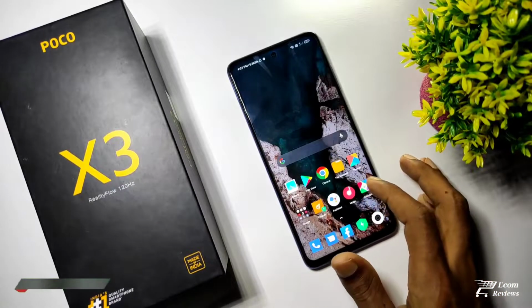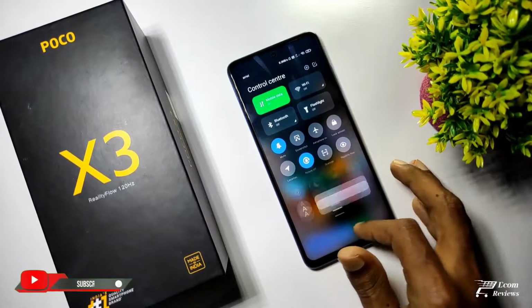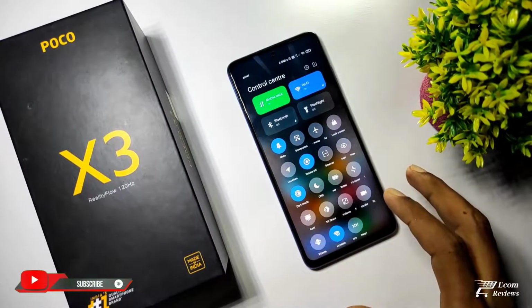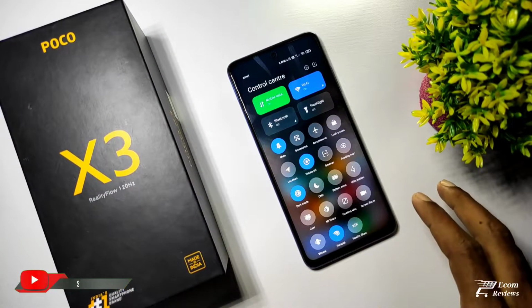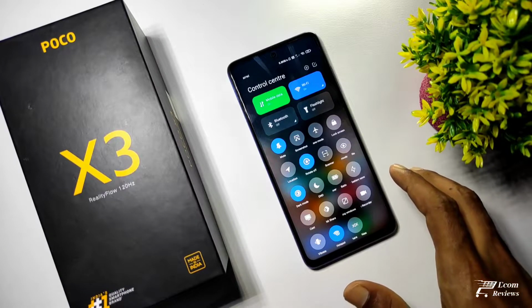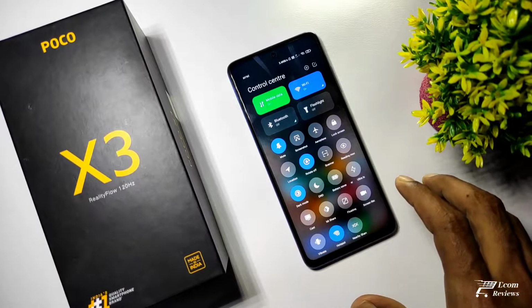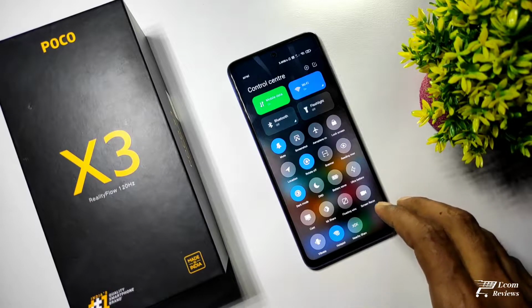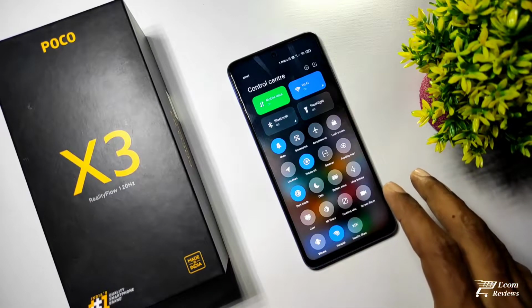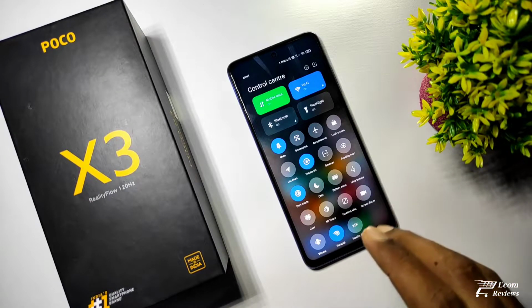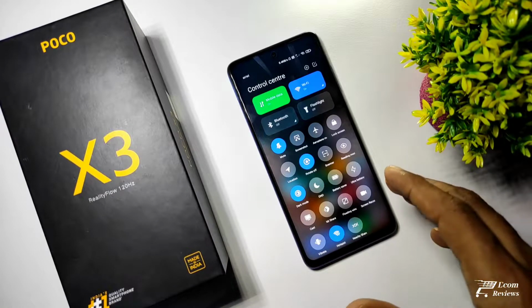This phone comes with a direct Wi-Fi tethering feature, so from now on you don't have to remember all your passwords. You can directly transfer your data from the Wi-Fi network you are already connected to and use it on another phone, and at that time your device will act as a router extender.